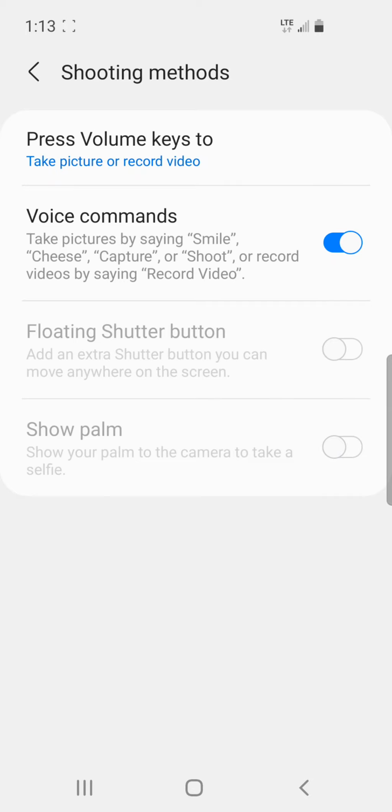And within shooting methods, here is where we're going to allow the voice commands. So if you see on the second row here, we enable the voice commands. So therefore we can say, "Hey Google," or "Okay Google," and it will start your camera. Okay, once we have those enabled,